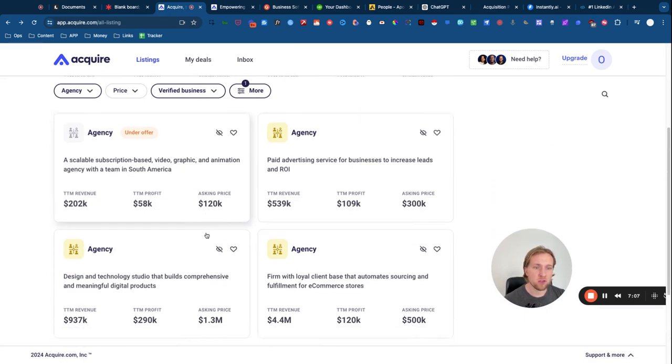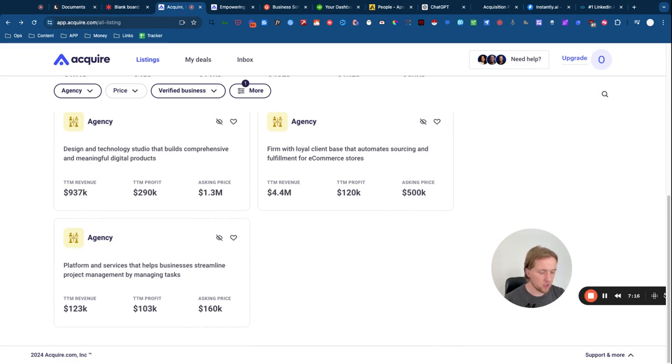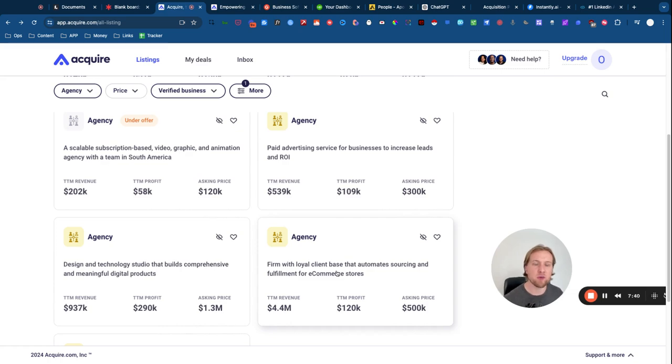Okay. So it might be that you want to make 10 grand a month or 20 grand a month, whatever it might be. You see the asking price, and you go to your calculator and go, okay, if the asking price is 150K, and over the latest 12 months they've been in operation they're making 146K, divide that by 12 and you think, okay, they're making just over $12,000 per month. Obviously their profit is less there, but you can start to get an idea, reverse engineering based on what you actually want to achieve. You can get an idea of what's currently being sold and what kind of appetite there is, value-wise, for people in the market to buy these businesses.